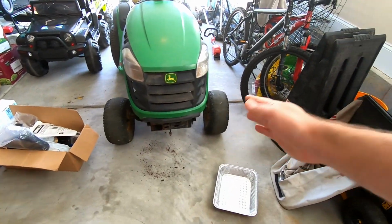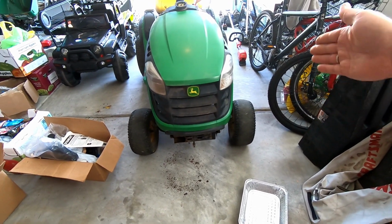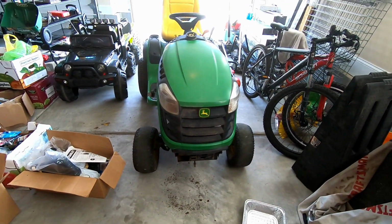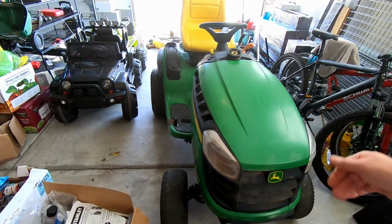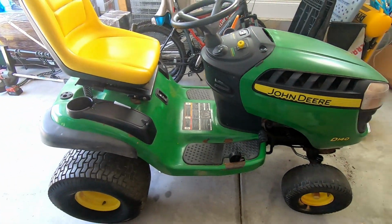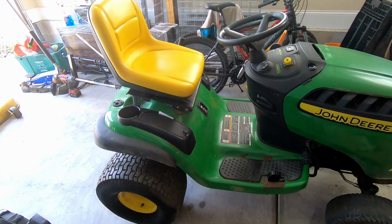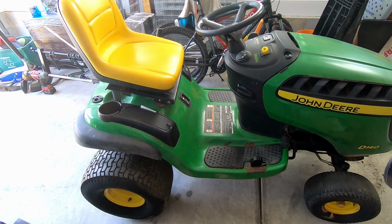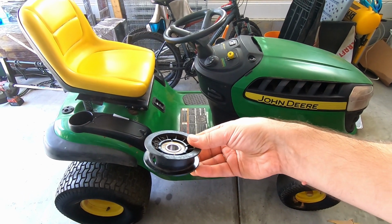the front wheels. They kind of look to different sides, like the left wheel looks more to the left and the right wheel looks more to the right, so I'm going to need to do an alignment. And in regards to the issue when the tractor didn't pull up the hill, I found it was the loose drive belt, and the drive belt was in really bad condition, and part of it was because this tension pulley